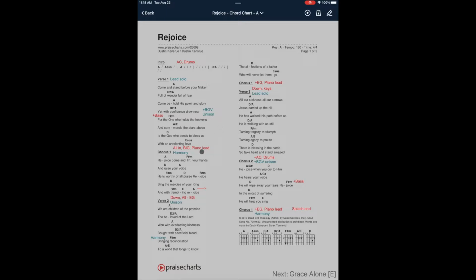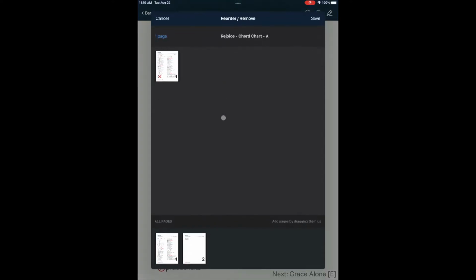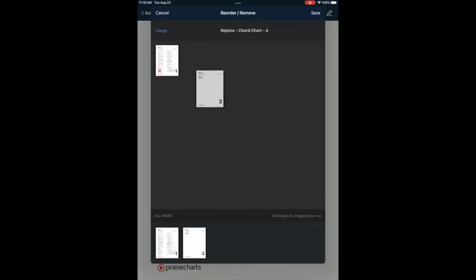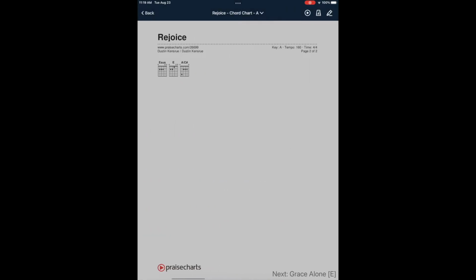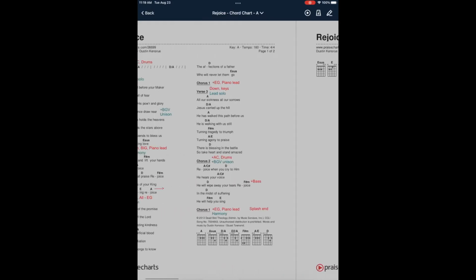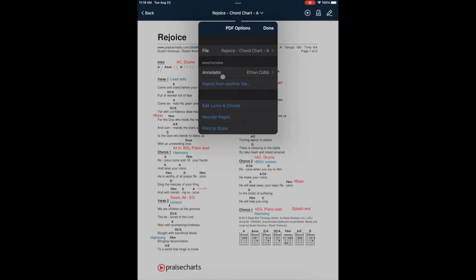Now, on occasion, you'll get, like I think Rejoice does this, a page like this that's useless, that's just the rest of the chord diagrams that we don't really need. And so what you can do is click on the file name up here again, click Reorder Pages down here,